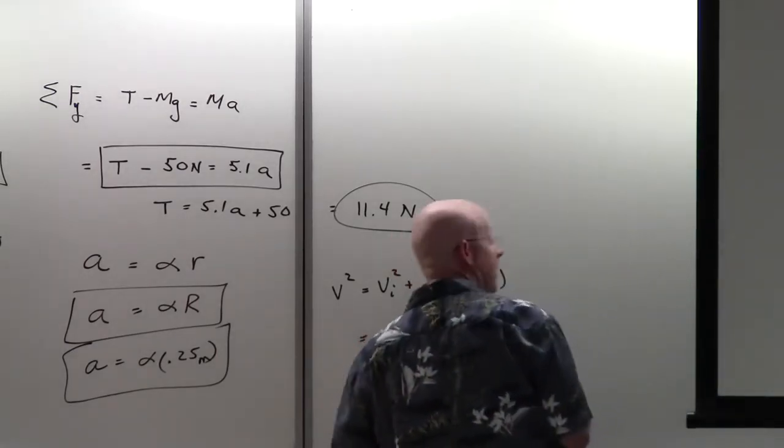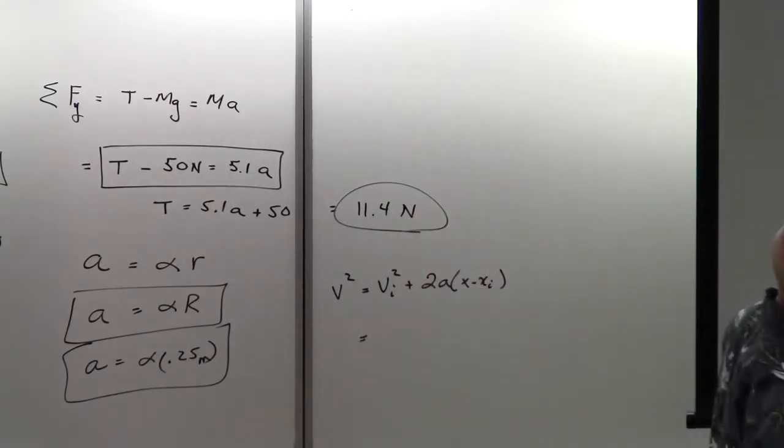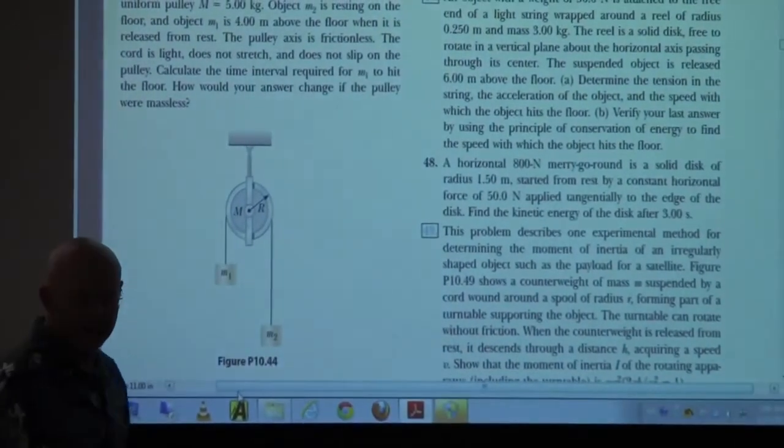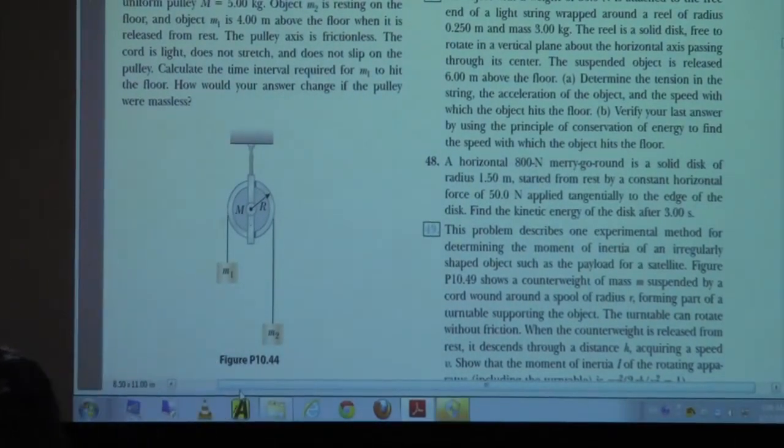And so I think it starts from rest. Did they make that clear? Well, it says released 6 meters above the floor. I'm going to think that they're trying to tell me that we start it from rest